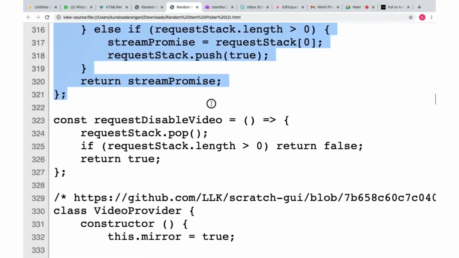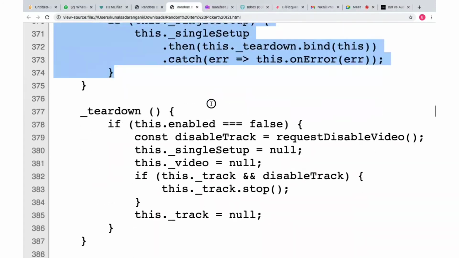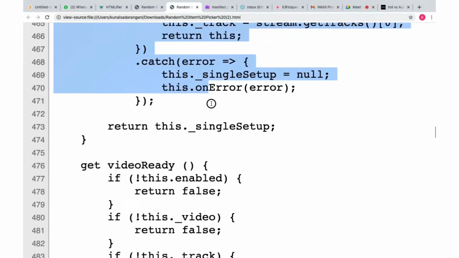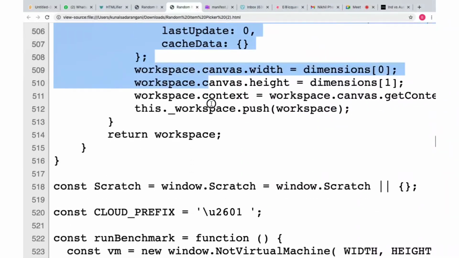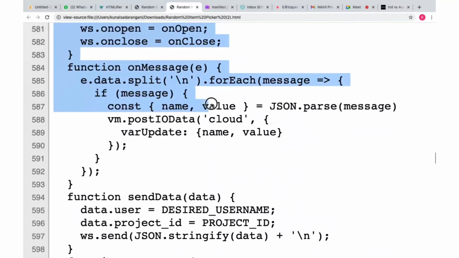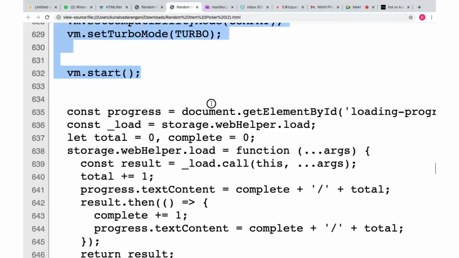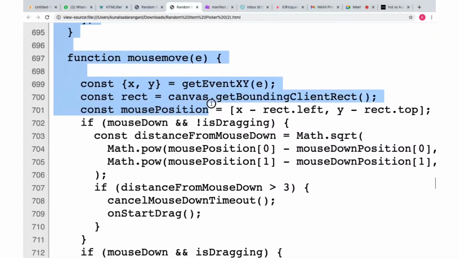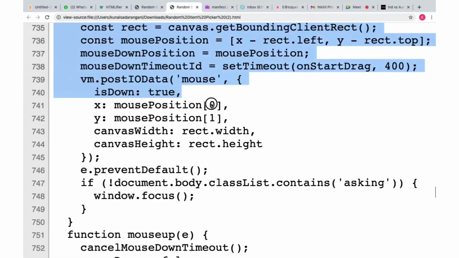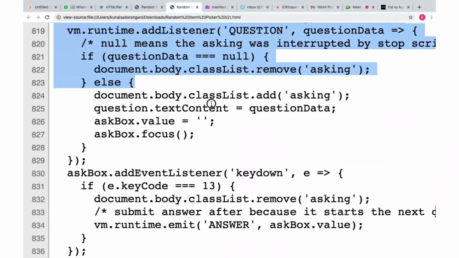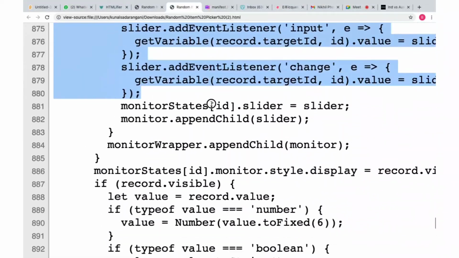I'll go down slowly, just go down slowly. Keep your mouse held. Mine comes to 103. Wherever, that's what I'm saying. Don't remember your line number, right? Remember the code. It's very important that you don't remember the line number, but you remember the code, because it'll keep changing. When you try it, maybe your line number will be different. So just keep scrolling down.